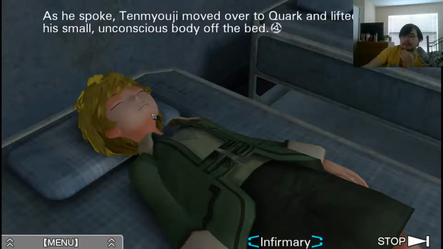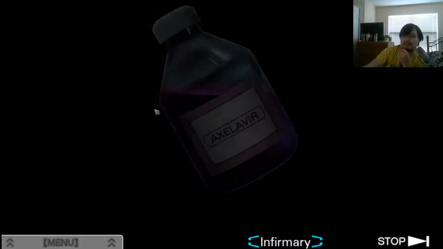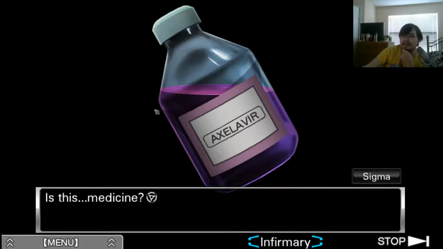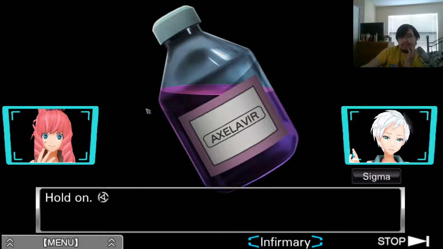As he spoke, Tenmyoji moved over to Quark and lifted his small, unconscious body off the bed. Quark shifted slightly as Tenmyoji moved him, and something fell out of his pocket with a soft clink. I bent down slowly and picked it up. Is this medicine? What is it? Hold on, there is a name on the label here. Axel...